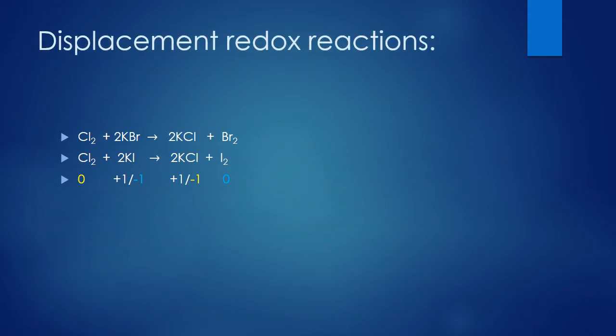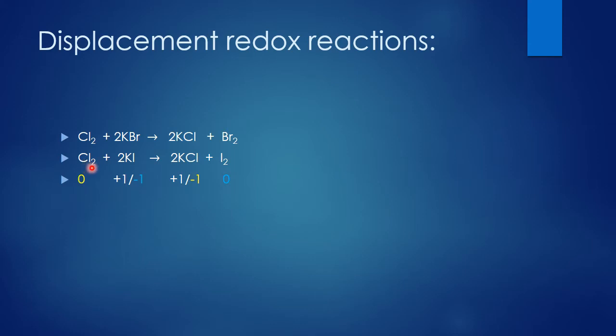displacement redox reaction. So what is a displacement redox reaction? Displacement means one atom will be displaced. There is a displacement reaction, double displacement reaction. This can be an example of a displacement reaction, where from KBr, Br is removed and in the place of Br, chlorine will join, and it can be a displacement redox reaction. Redox reaction means a reaction in which both oxidation and reduction take place simultaneously. So let me consider the second. Both the equations are redox reactions.